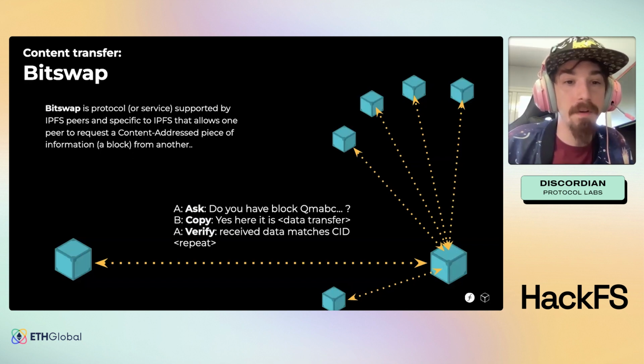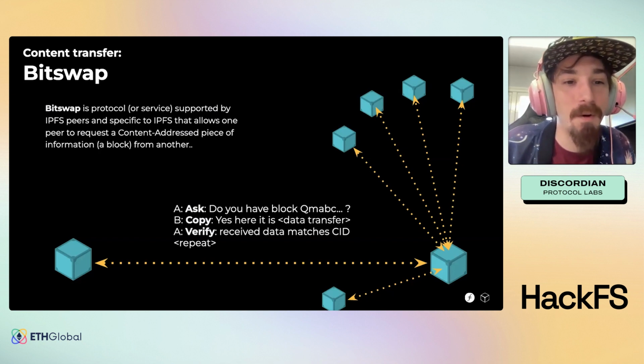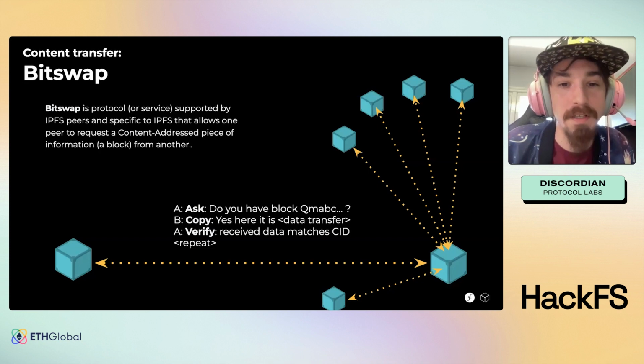Once content is downloaded, the local peer will advertise itself as the provider for that content on the DHT, making it available to other peers for download. The protocol we use to download files is called BitSwap, and it also works for quick discovery by asking all neighbors whether they have the content.